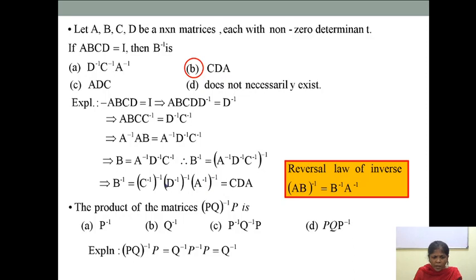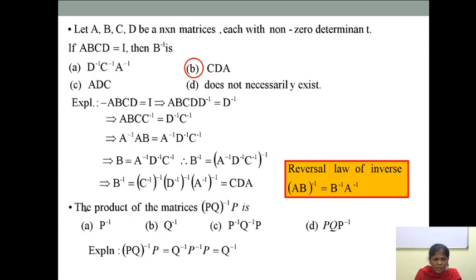first one. Again I am using the law of inverses over here, that is the inverse of the inverse of C is nothing but C. That is also in my video lecture on inverse of matrices. So C inverse inverse is nothing but C. Similarly this comes out to be D and finally A. So what we have is C, D, A. In this way we find that option B is the correct option. I hope those who were trying to solve the example might have got the answer before me. So congratulations to all of them.